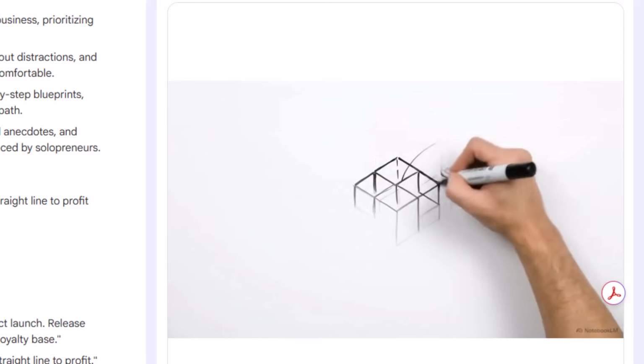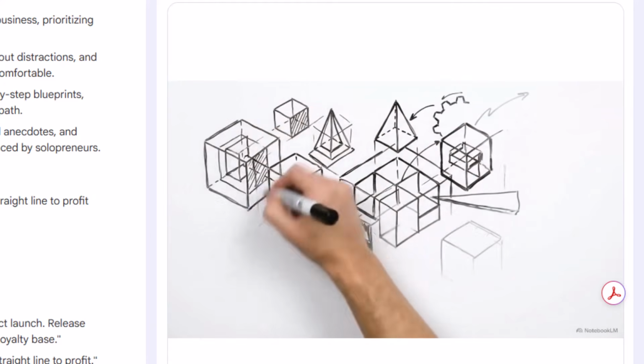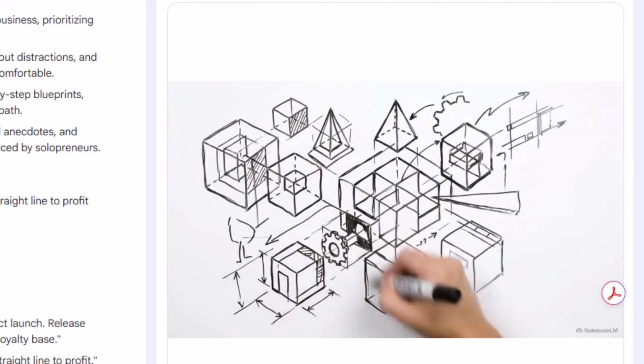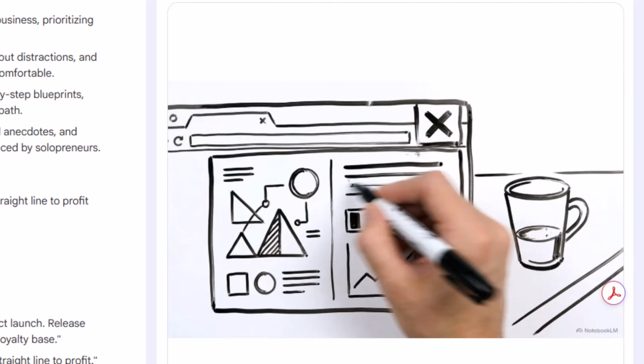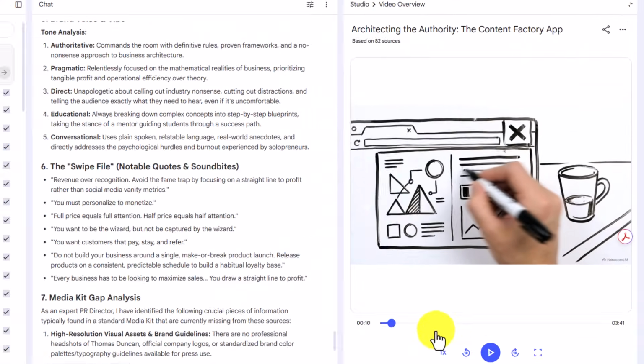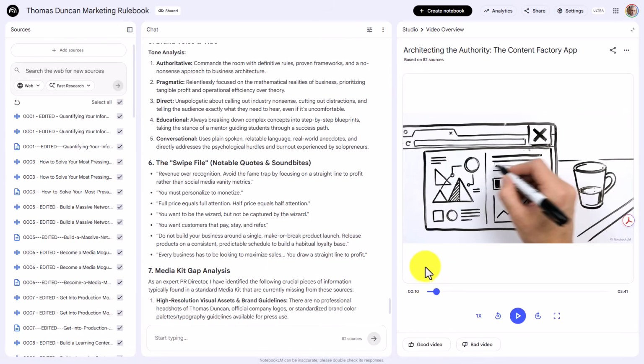Look at this sketch. We spend hours designing intricate visual frameworks, only to give them away as static downloads. People glance at the graphic once, close the